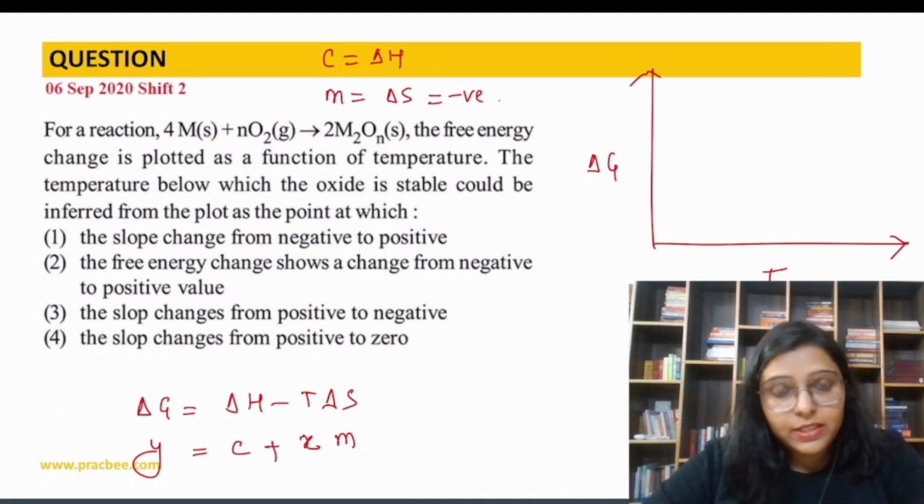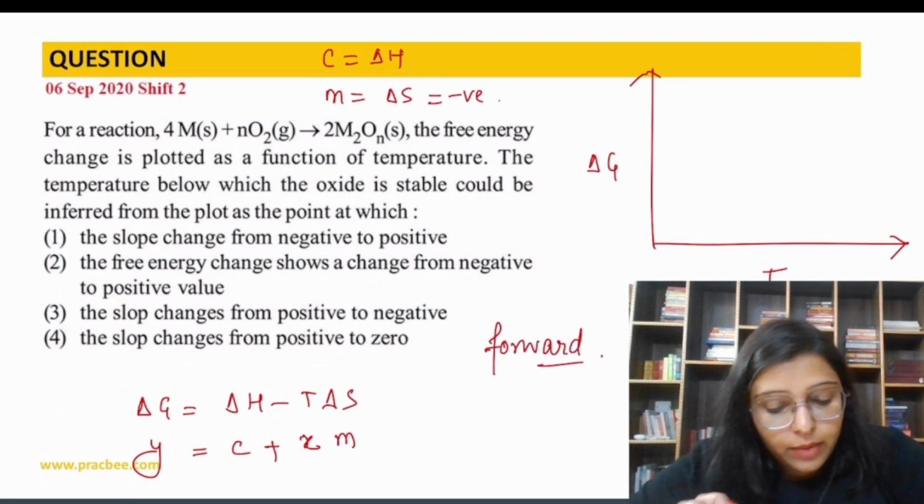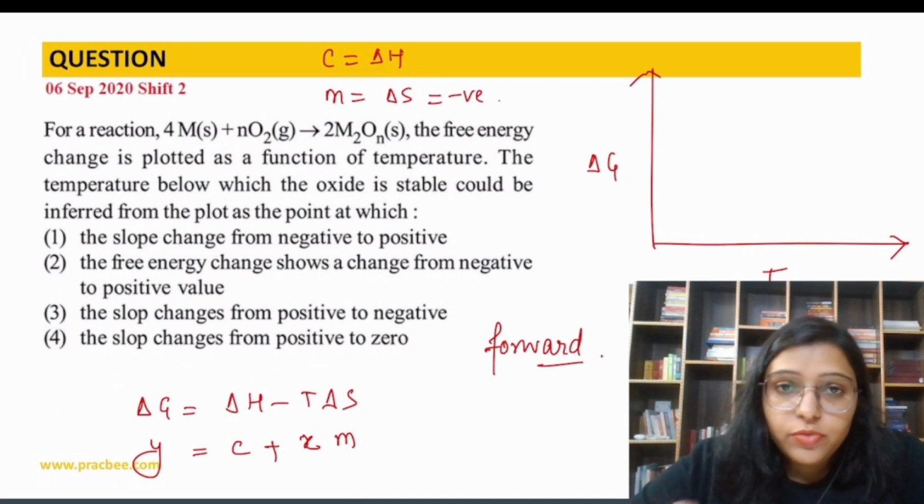If the oxide should be stable, it means the reaction moves in the forward direction. And if the reaction moves in the forward direction, then what happens? The slope changes from negative to positive. Is it true? The slope changes from negative to positive. So see, slope